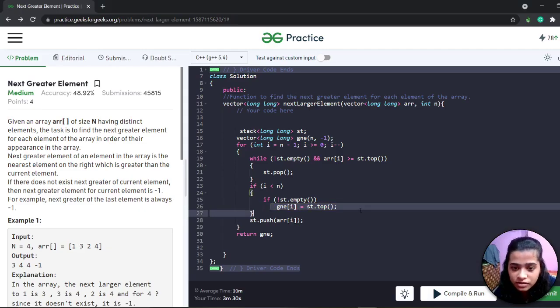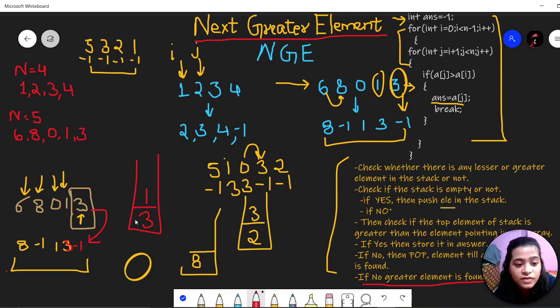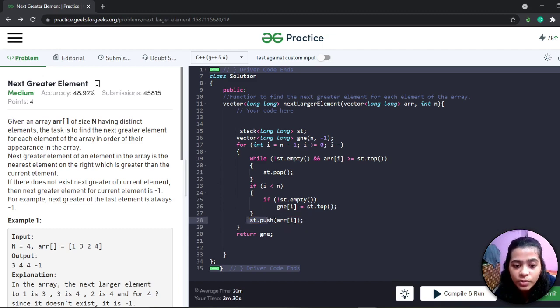This is this operation. Then we are pushing that element in the stack. As we have performed this operation, we are pushing 1. Then for 0, we are pushing 0. Likewise, the element of the array is pushed inside the stack. And then we will simply return this vector array.